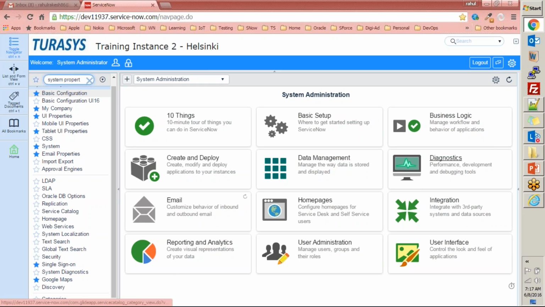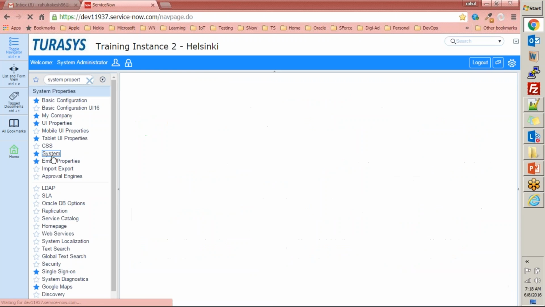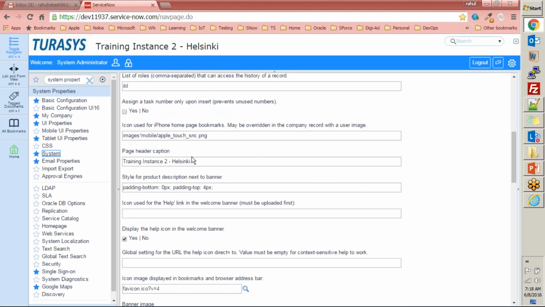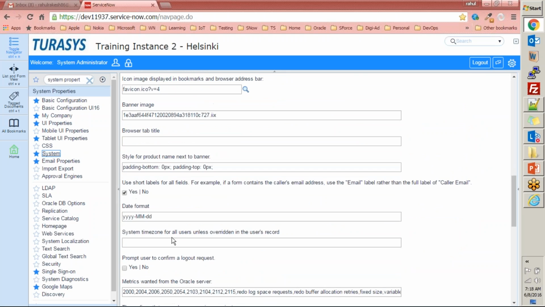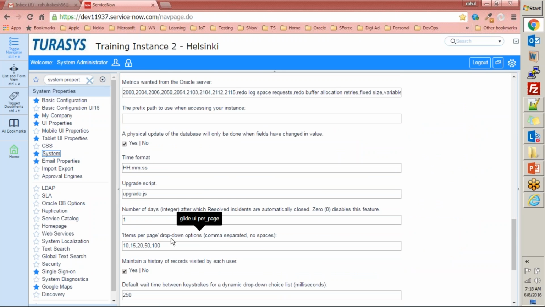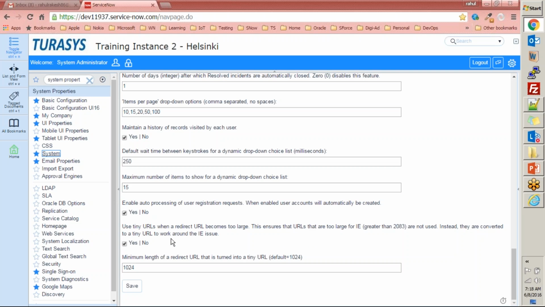Right? So let's go and find out where that is. I know that the automatic user registration process approval property is available in the system module of the system properties application. I'll go to the system module and there are different properties available here. I'll go and pick the one required for me.